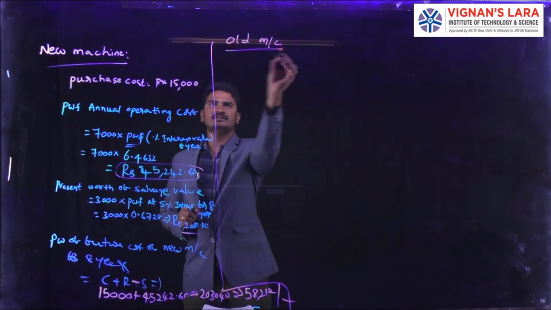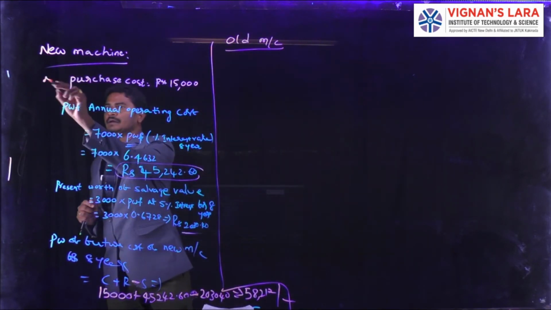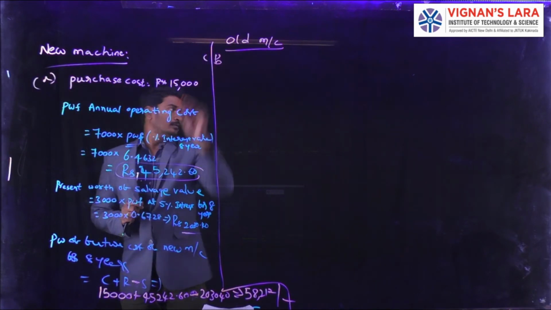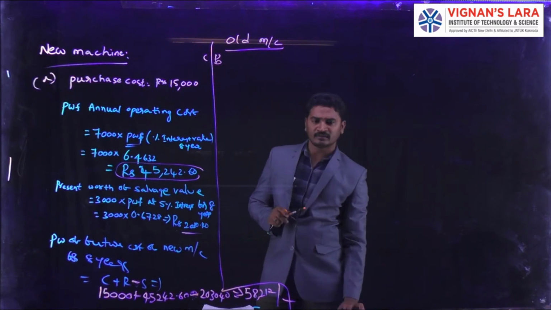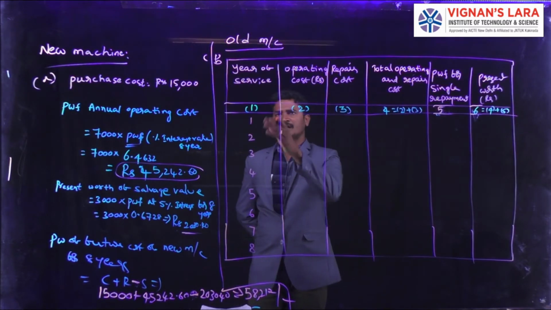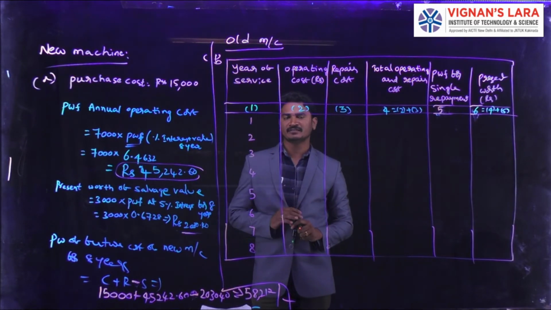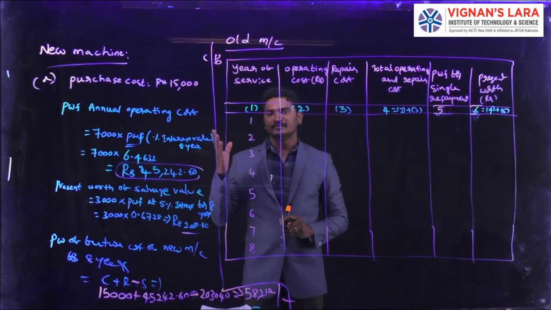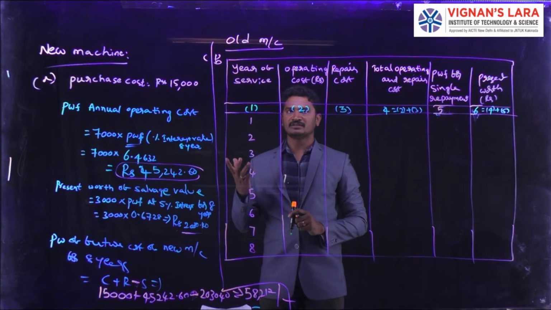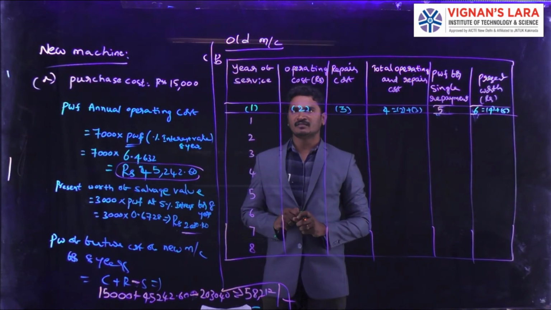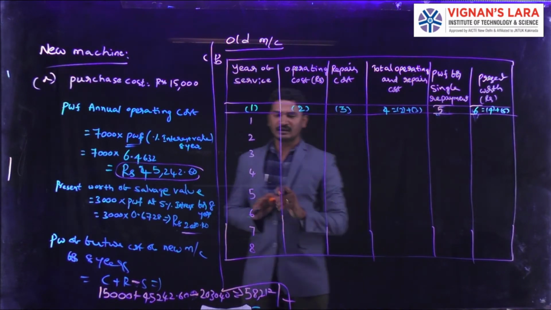Here the old machine we calculated from the table, because they are given at B. This is for A, and for B they are given, that is the value they are given at 8 years. The years of service are given already in our problem, for 8 years. For 8 years of service we are going to calculate which machine is best, which machine we are going to purchase. We are calculating from the 8 years of service, and they are given the operating cost for every year. Here the operating cost they are given is 5,000.